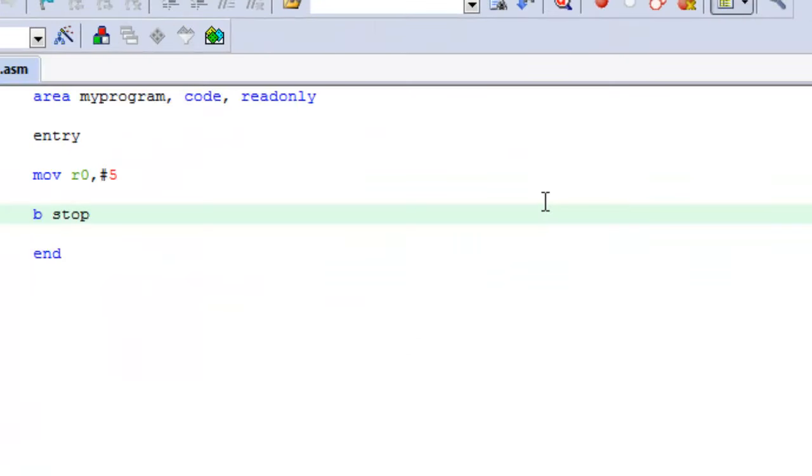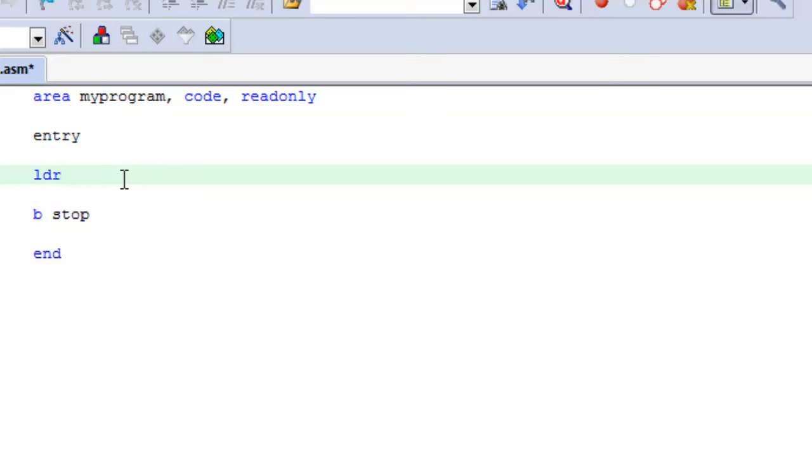Okay, so now basically ARM is a register architecture, or we also call it a load store architecture. Now the MOV instruction moves an immediate value into a register or moves a value from one register to another register as long as the value is between 0 to 255. That is, if it is an 8-bit value, you can use MOV to move it from one register to the other, or to move an immediate operand to a register. But what if the value is greater than 8-bit? Because ARM is a 32-bit processor, right? Then we cannot use MOV.